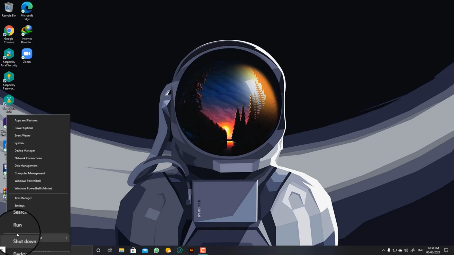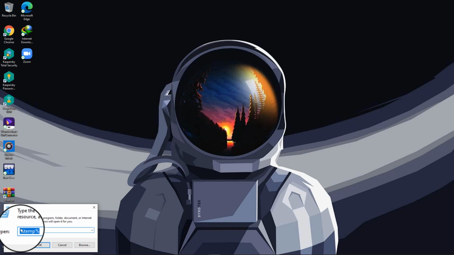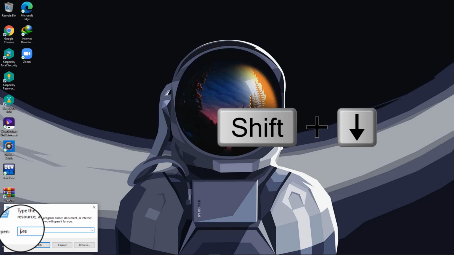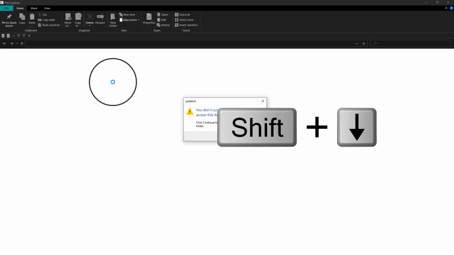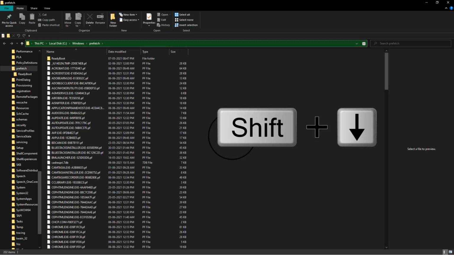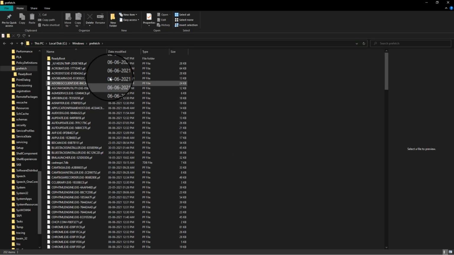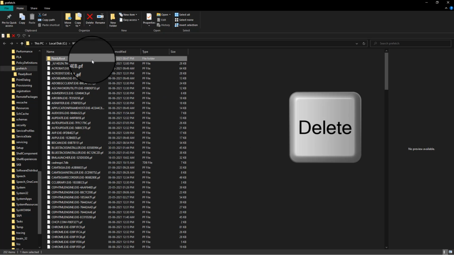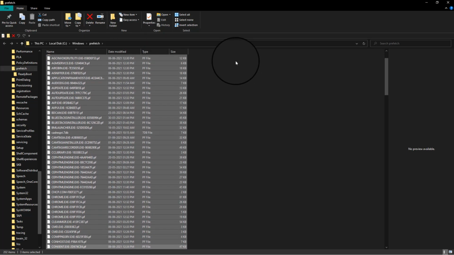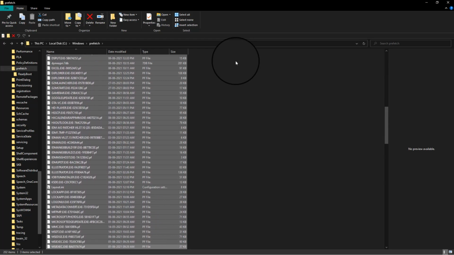Now go to run. This time type prefetch. Click on OK. Grant administrator privilege. All these files are to be selected the same way like we have selected the other files just now. Shift plus down arrow.